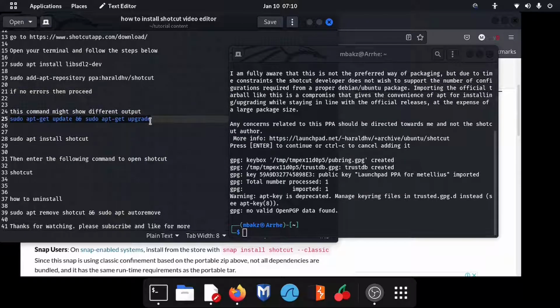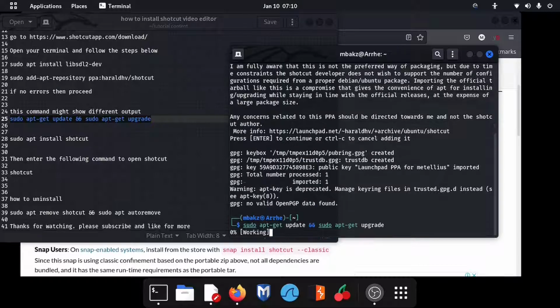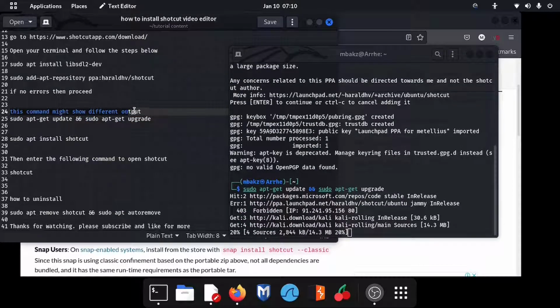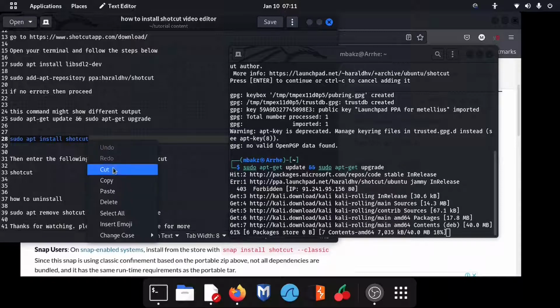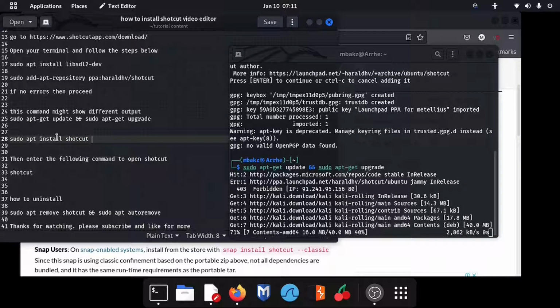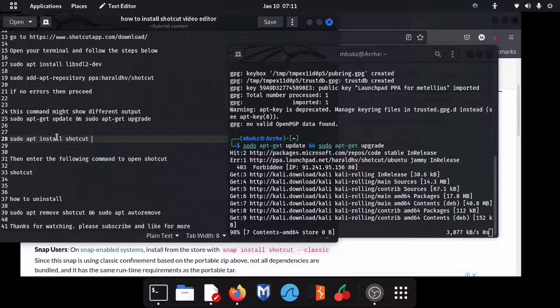Then now you can update and upgrade your PC at the same time. Then this command, it might show a different output depending on which problems I have in my PC, the dependencies and repositories and whatever. And then after updating and upgrading, now you will have to install the Shotcut,